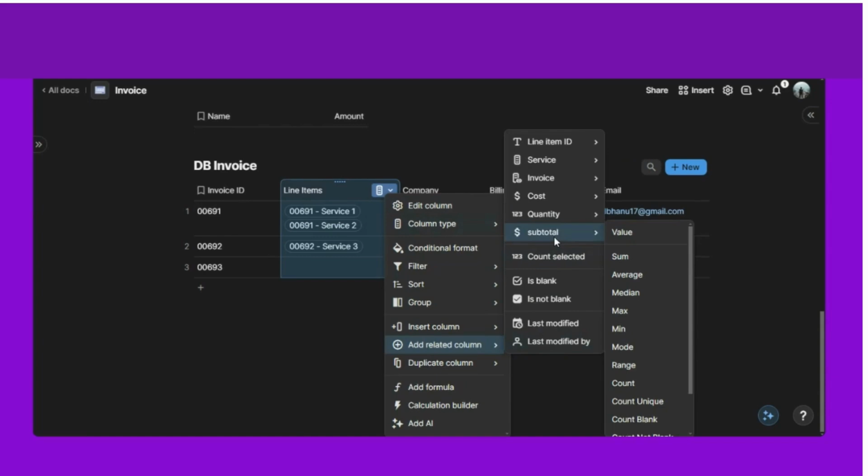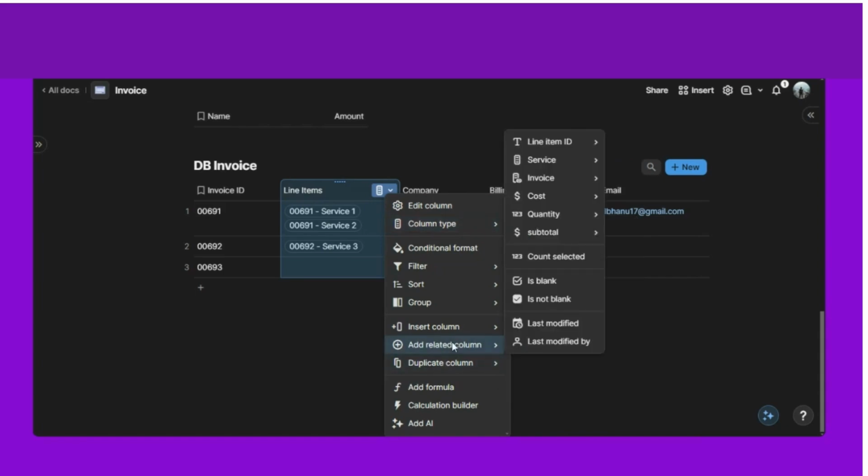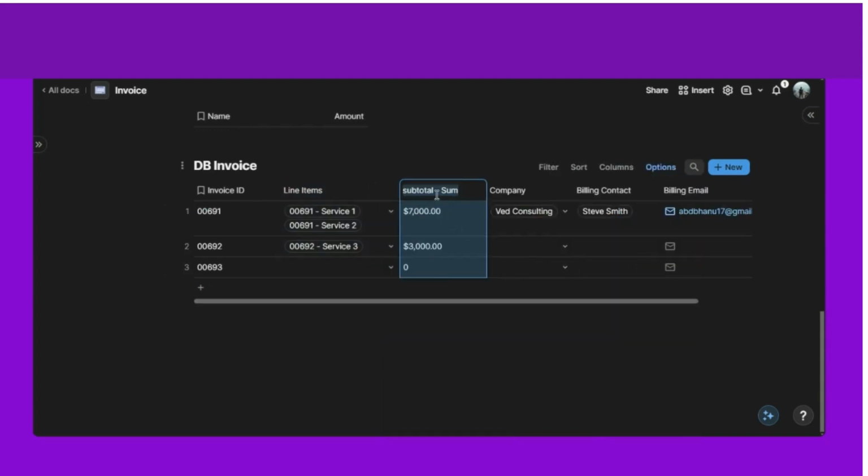So that's how you can understand it. First we go to the line items and we go to the related column, and we have the different related items, but we go to the subtotal because we want the total value. So we get the values, but we want the sum of these two line items. So we select the sum and we select total amount, and there we get the total amount for this